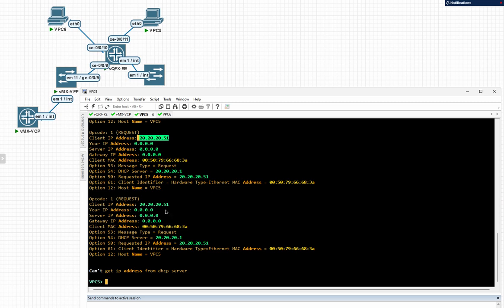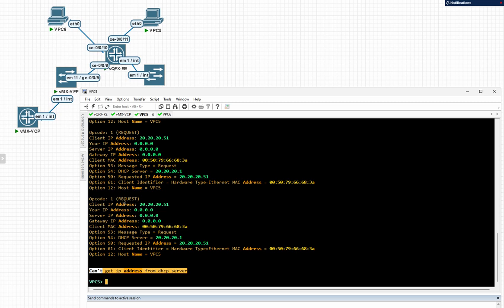See, it gets the IP address, and it keeps on requesting it. But then for some reason, it doesn't reach the server because the vQFX stops it from reaching the server, because it has an IRB associated with it. That's why, for some reason, it breaks that DORA process. So this is where I got stuck and was spinning my wheels for a couple of days. So I just remembered that there was a function for IP helper address, and I just tried it, and